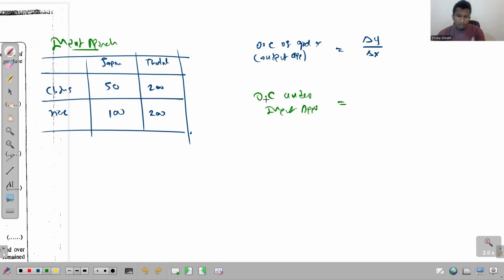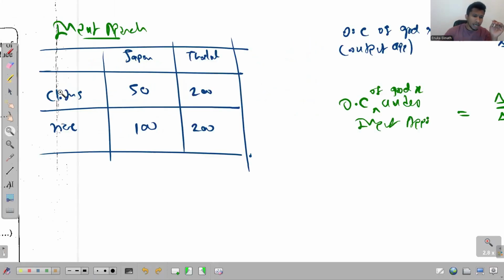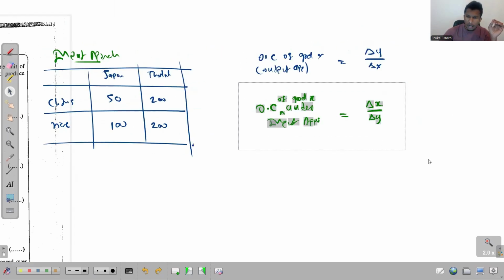So let me write again. Opportunity cost of good X under the input approach is delta X over delta Y, right? Delta X over delta Y. So you calculate the opportunity cost of good X and the equation comes as delta X over delta Y, right? Now let me find those opportunity cost values related to